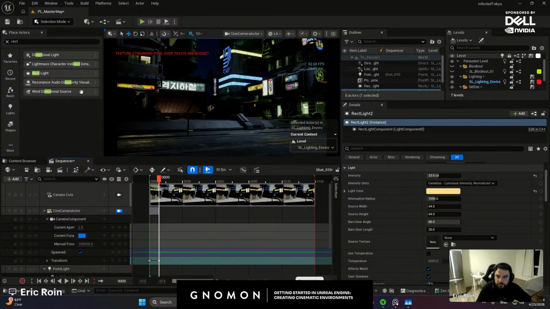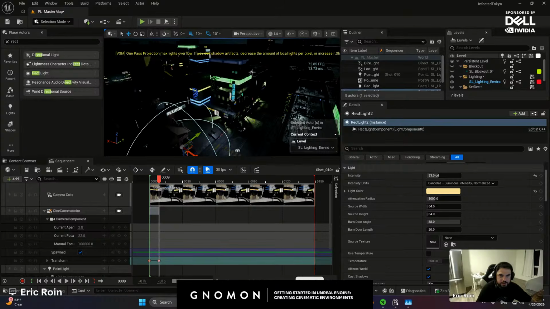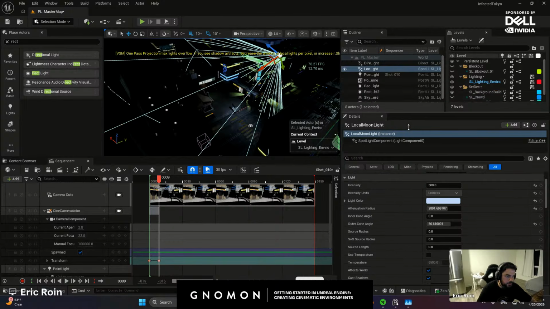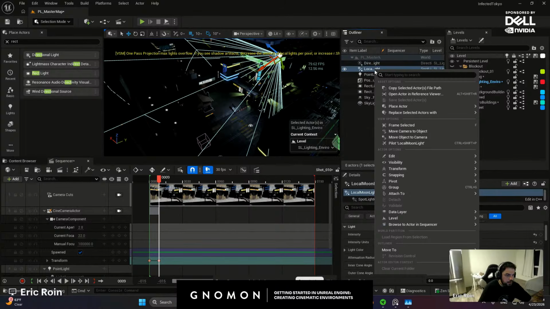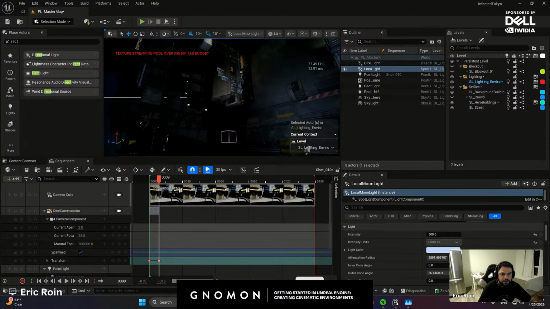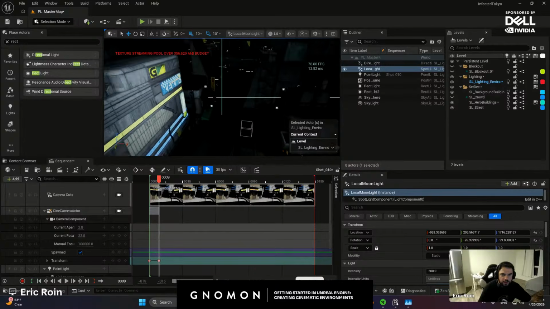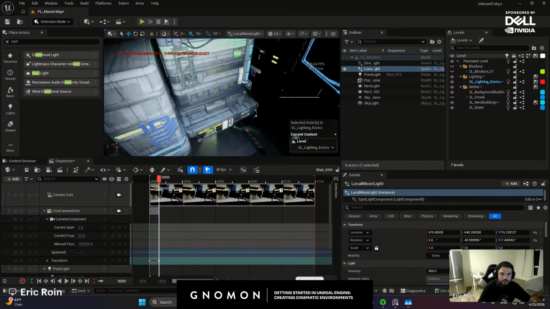Now there's still a lot of dark areas here, which I'm not a big fan of. So let's see if we can fix that without adding another light source. Also, a bit of a fun and trippy thing, you can actually fly the light source. So I have this local light. If I right click and go to pilot, I'm now basically a light source. I know it feels a bit weird because my rotation is probably off, but see how I'm lighting with it? It's basically like a big flashlight. So the way I'm flying it around, I can light the scene from all the angles.